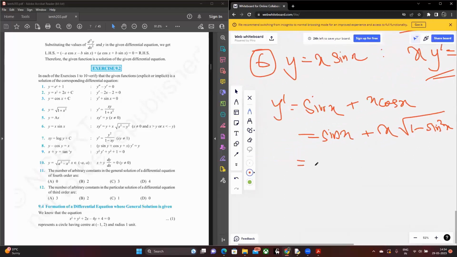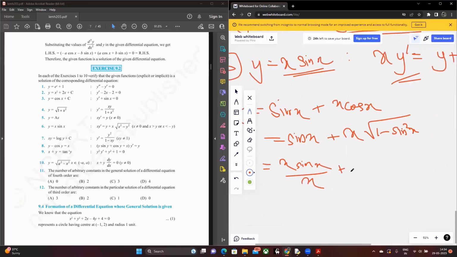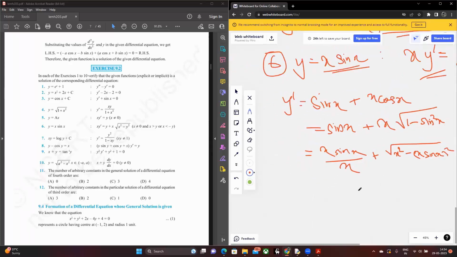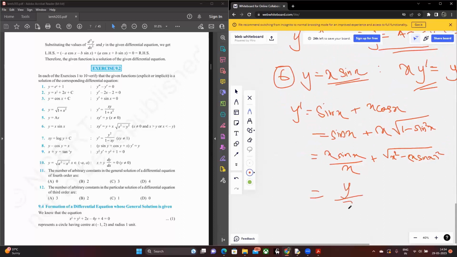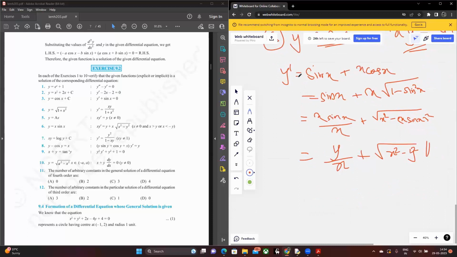Now, if I want to bring this form out in every place, this basically becomes x sine x divided by x plus, bringing this x inside, x squared minus x sine x the whole square. So this is basically y divided by x plus square root x squared minus y squared, because x sine x is y. So finally, if I bring this x in the denominator to the other side, the equation becomes x y dash